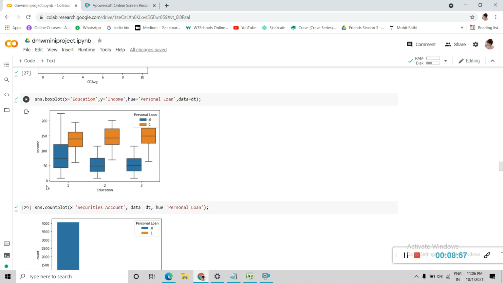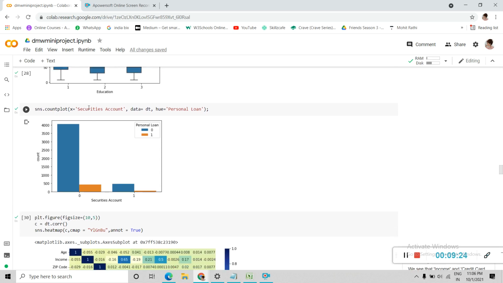From here, we can observe that people whose income is below 150, and again, income is in thousands of USD, haven't taken the personal loan despite their education level.